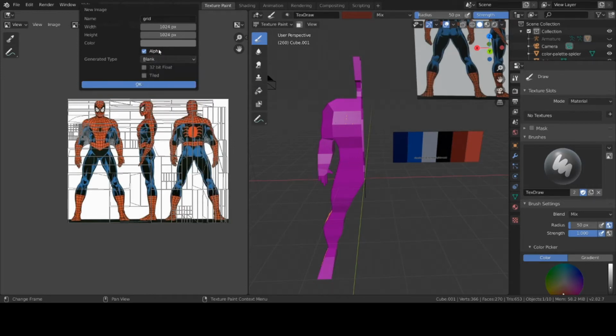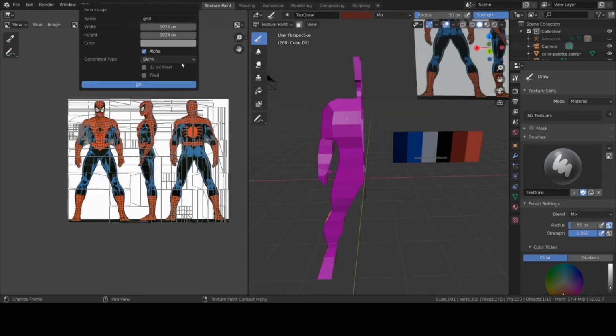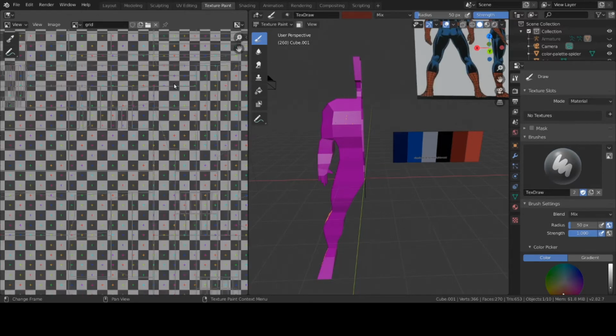When they say blank, for the blank one, that's when you need those colors. You can choose whatever color you want. But I like the UV grid since I'm so used to it. So I've done that. Now,